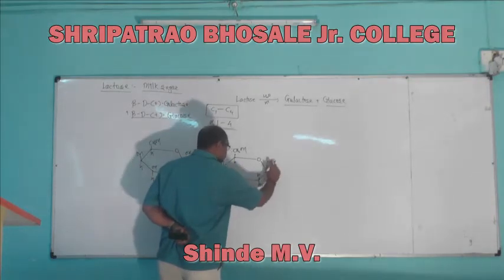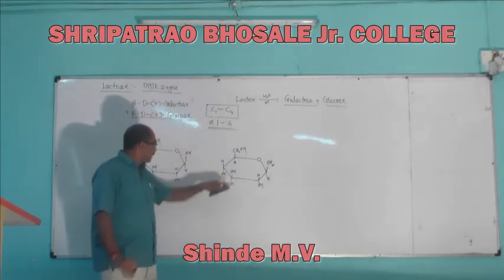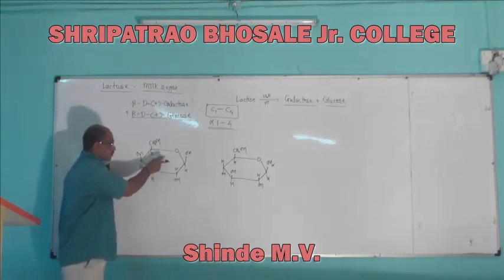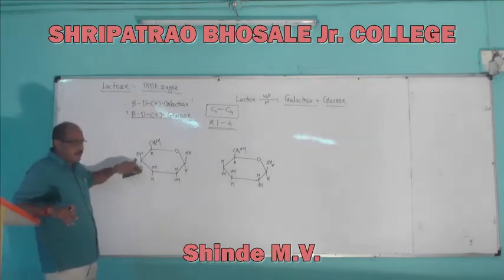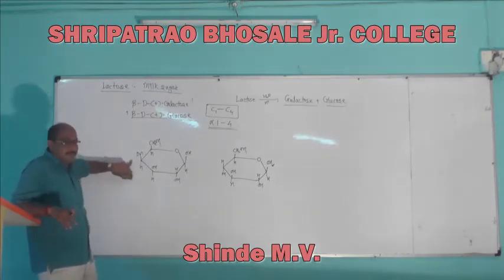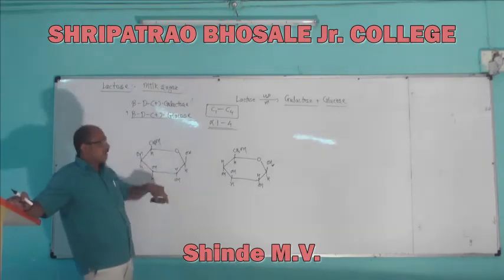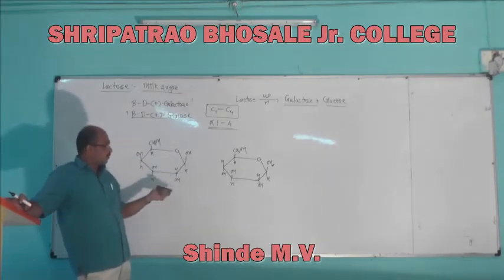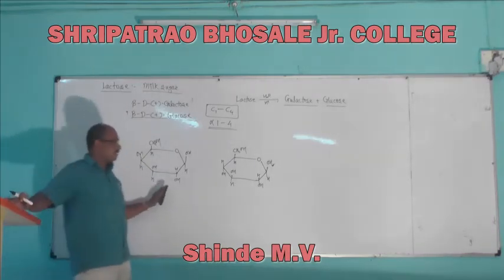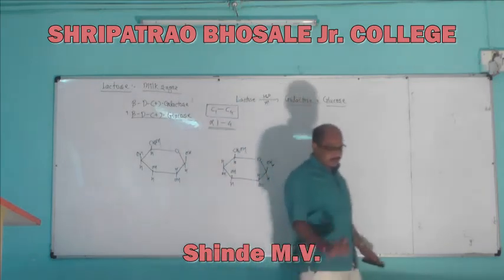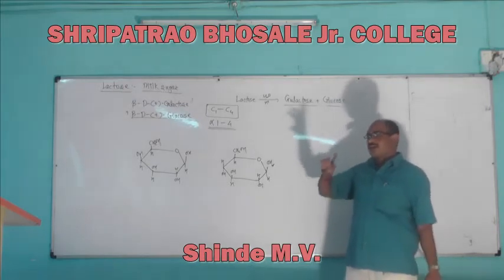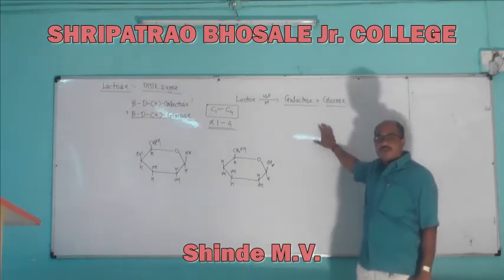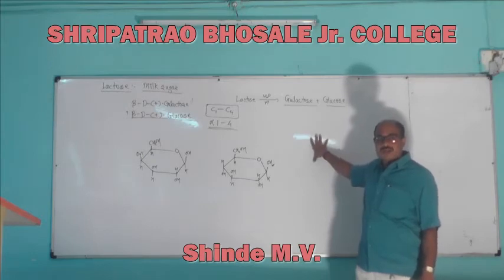Beta D glucose and beta D galactose are opposite. In the two molecules, see the change: we are having the change only at the fourth carbon. 1, 2, 3, the fourth carbon has the hydrogen group exactly opposite to the glucose molecule. When we have this consideration, these two are epimers of each other. We call them epimers, just as alpha D glucose and beta D glucose are two anomers of each other, which are formed due to the formation of a new chiral center at C1.